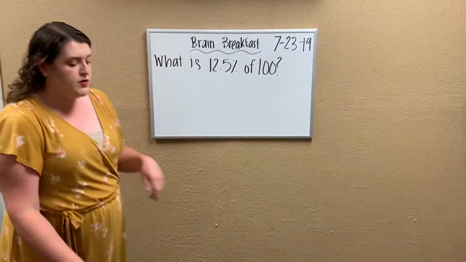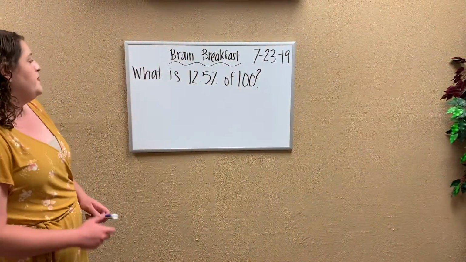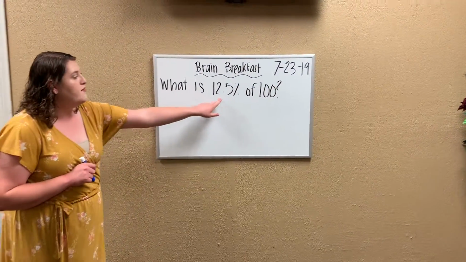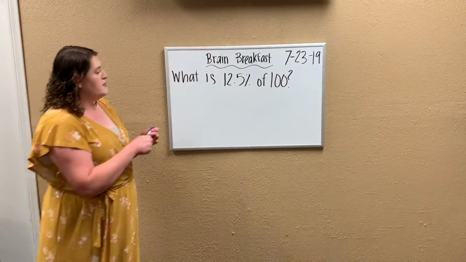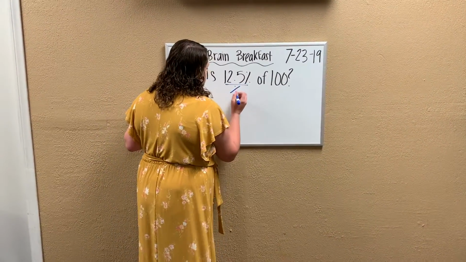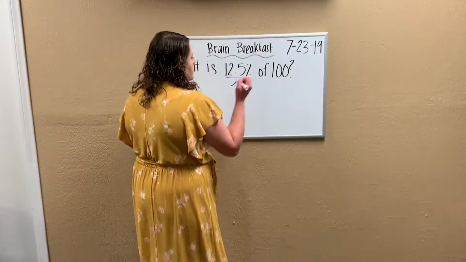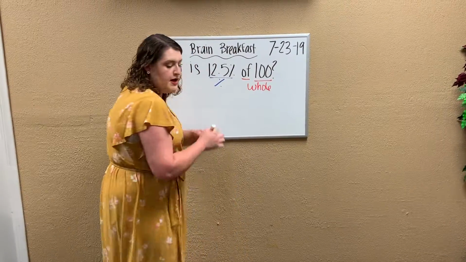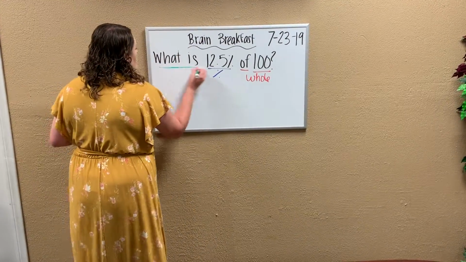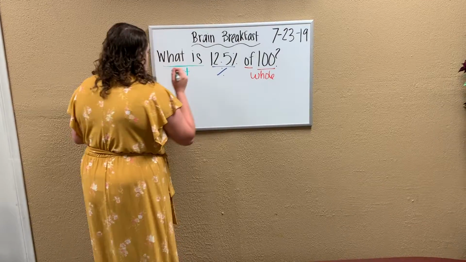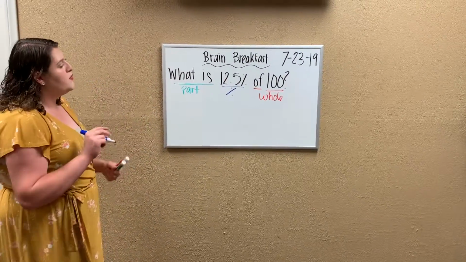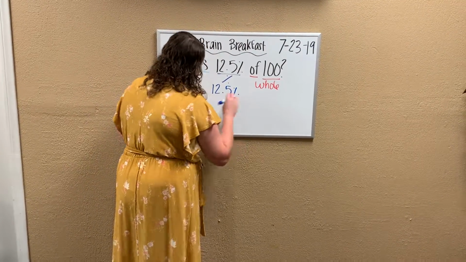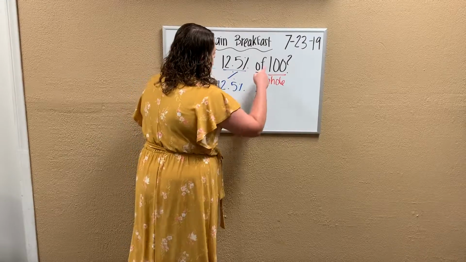Okay. The reason why this one's a little bit more difficult is because we're not dealing with a whole percent, we're dealing with a fraction of a percent. So 12.5%, just like before, I'm going to identify my percent. This is my percentage. I have my number next to "of," so that's my whole. And what I'm looking for is my part. Okay? So now I have that 12.5%. I'm going to rewrite it, 12.5% times, because "of" means times,